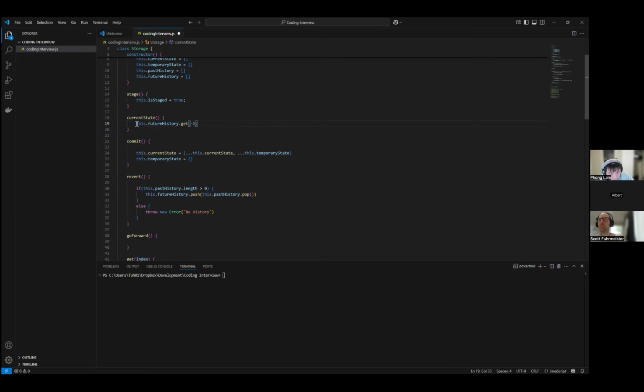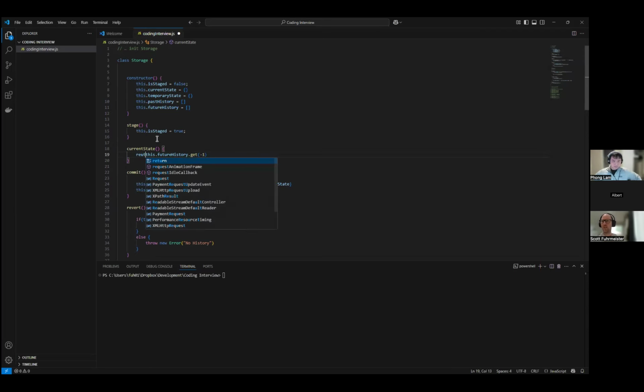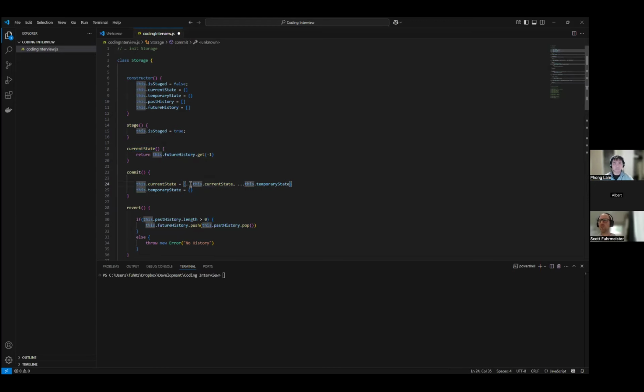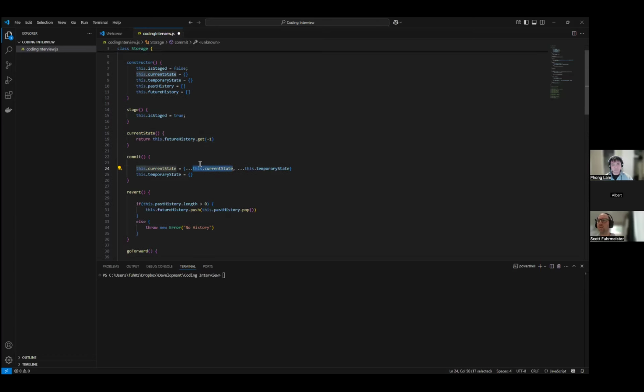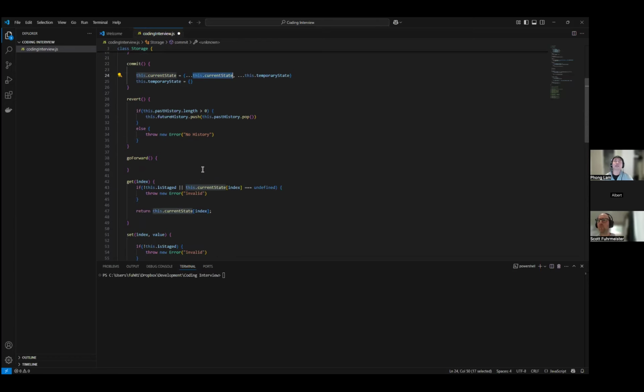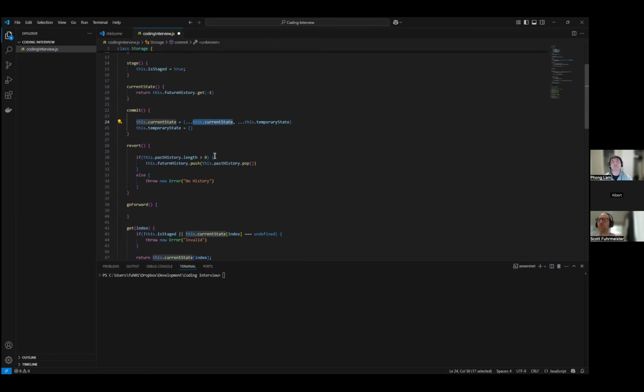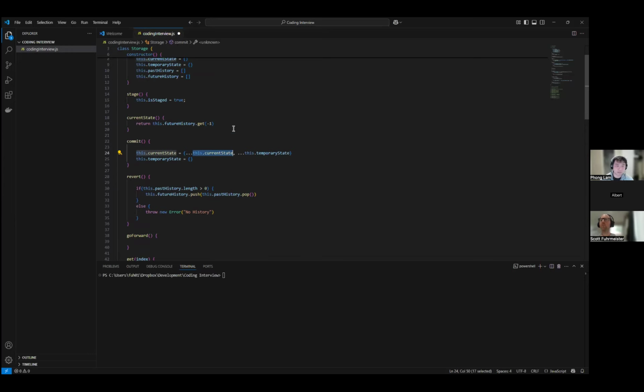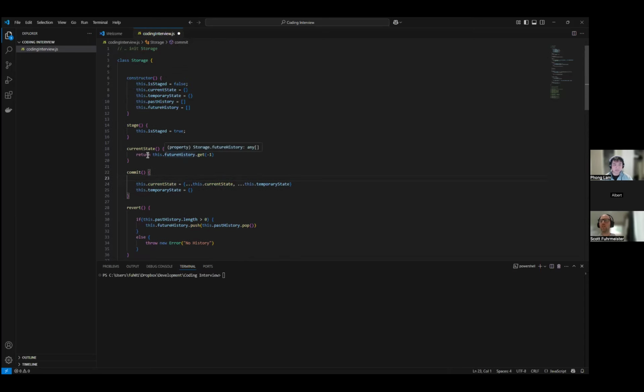You have to return that too. Yeah, so I'll have to return the last element, which is the current state. So now this is going to return an object pointer to it. So essentially I can just take this. I don't even need that anymore. You might want to make a variable and then do it. Like on line 23, you probably want to do const current state equal this dot current state and call it.